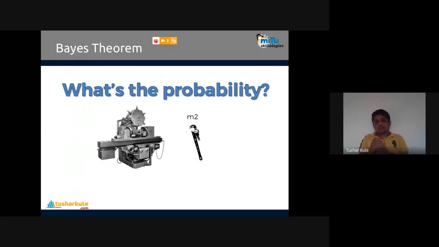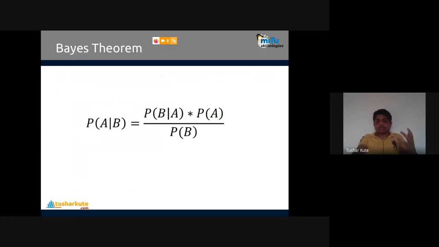And to solve that, Thomas Bayes has created the theorem. That's what we call the Bayesian theorem, Bayes theorem. Conditional probabilities are put in this formula: P of A given B equals P of B given A into P of A, divided by P of B. Very interesting. But how it calculates the result, we will see step by step.